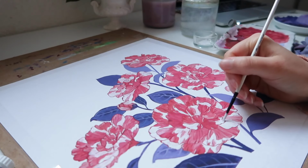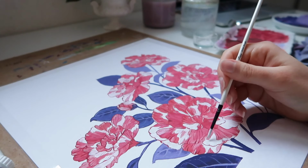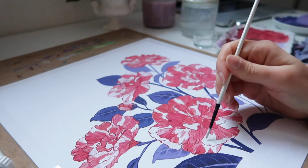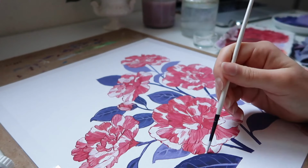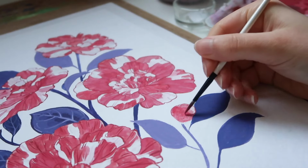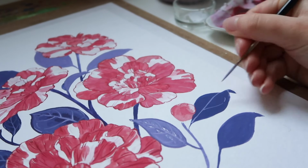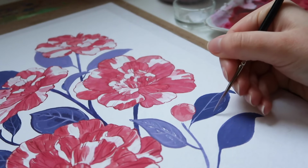I wasn't planning to add bugs in all 4 illustrations. I wanted them to differentiate from one another, to not be too repetitive with both the subject and image composition, but still have a cohesive series at the same time. Initially, I wasn't going to add bugs in this piece, but just use a different color for the leaves. The name of the camellia I used for these illustrations is General Coletti, which is a red and white camellia. And to convey the feeling of fantastic,